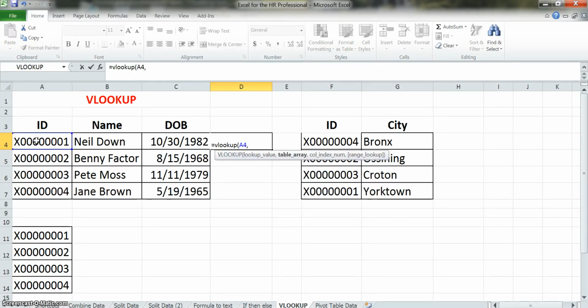Then it's going to say, well, you want me to look up that ID in what data set or table do you want me to look up? Now I can highlight this, and you can do it that way. Actually, it automatically converted it to the name. But had I just wanted, let's say, the first 3 columns, you could see that it puts in the range using the cells. Why I don't like to do that is because when you copy that, sometimes it